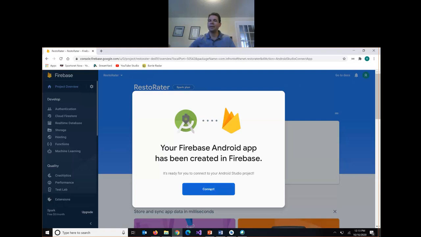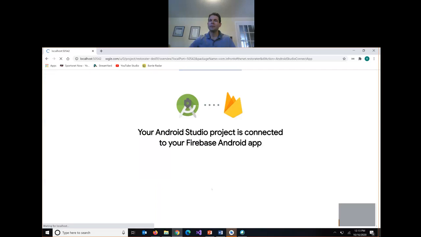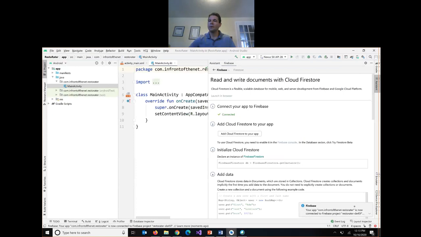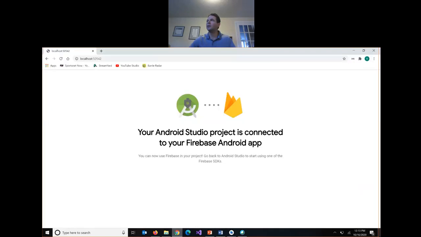So I'll click connect. And it says we can now use Firebase, go back to Android Studio. So now that window has gone away finally, and it says our app is now connected to my Firebase project. So it does take a little while. That modal window will stay until the process in the console